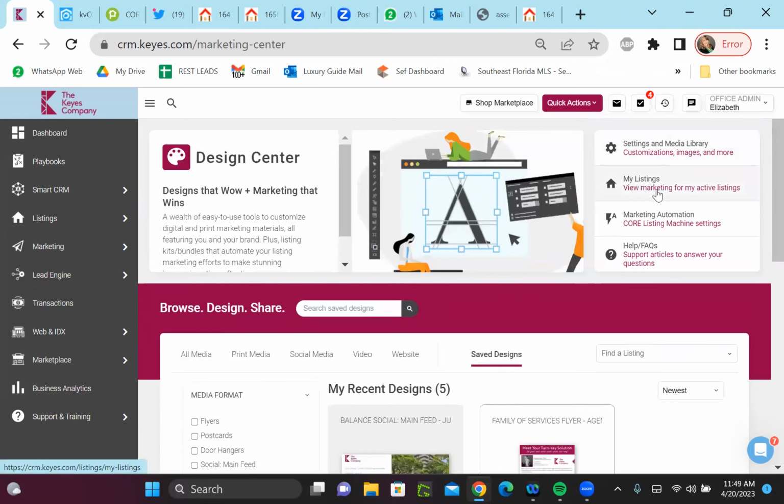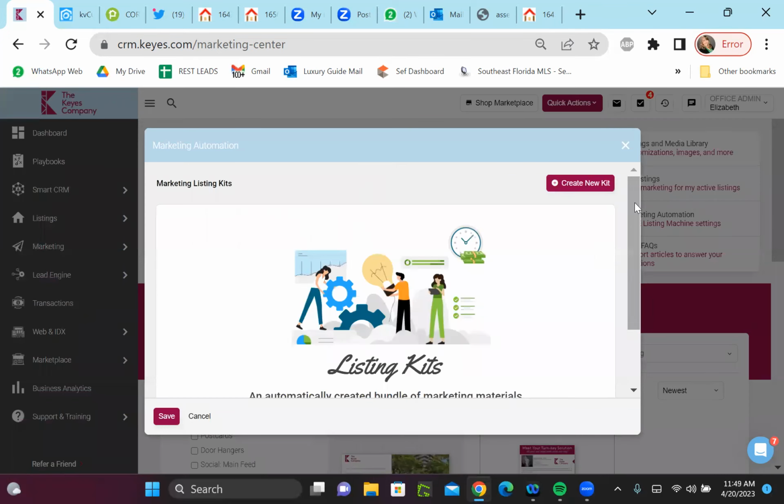Now, remember what I told you, that in the core listing machine, you also can do something else here in the new core listing machine. You can go and you can create